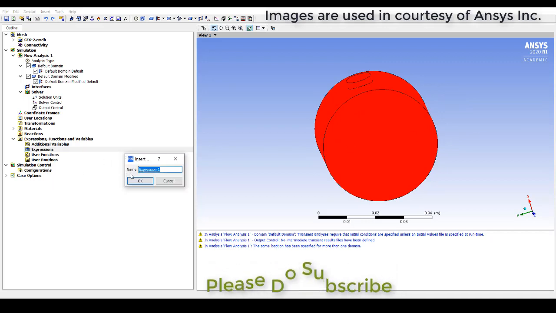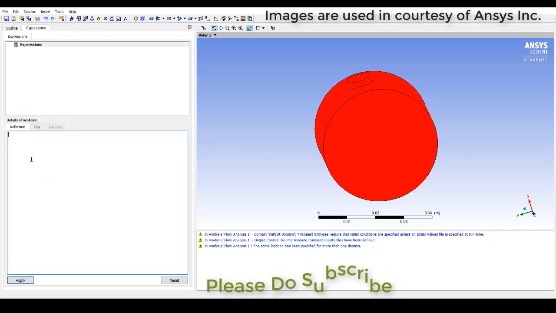So I'll try to insert an expression naming it as water E, and the expression is if x less than equals to 3 mm, comma 1 comma 0. So it means that if the height is less than 3 mm, the fraction should be 1, or else the fraction should be 0. Click on apply.